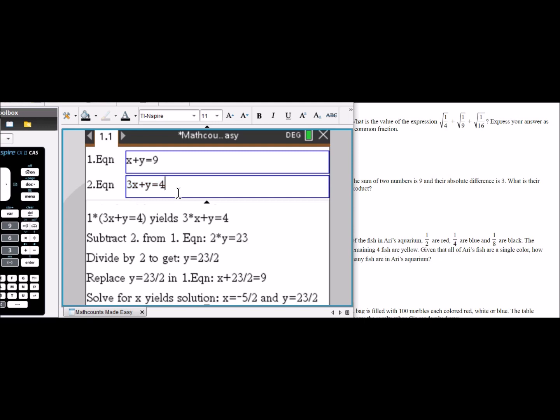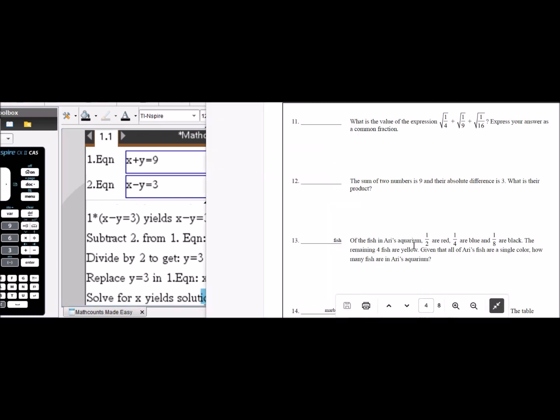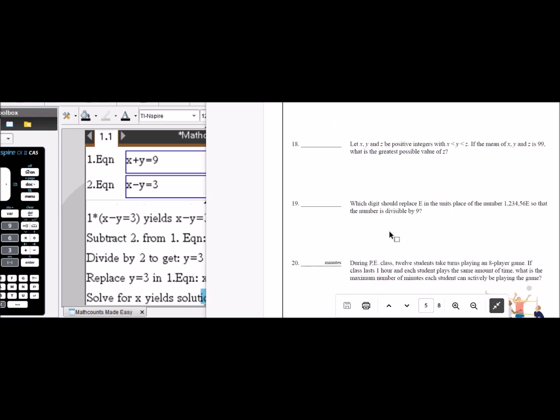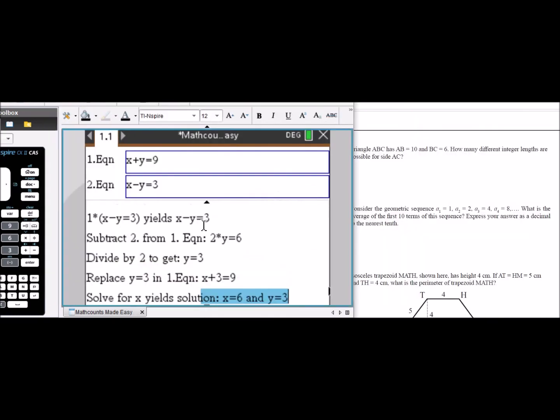And we know the difference is 3. So x minus y is 3. And we have our answer down here. Solve, we're going to get x is 6 and y is 3. So we can solve a lot of these questions quickly by just typing it into our